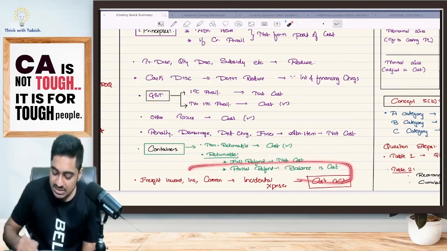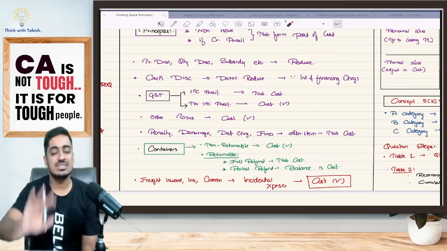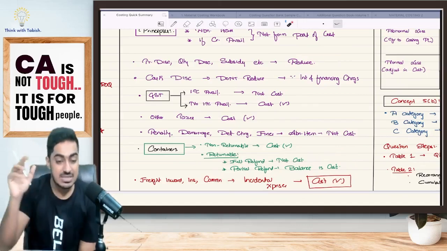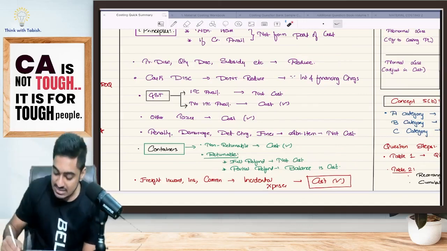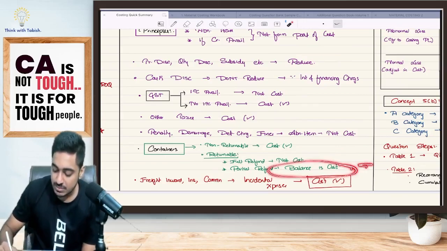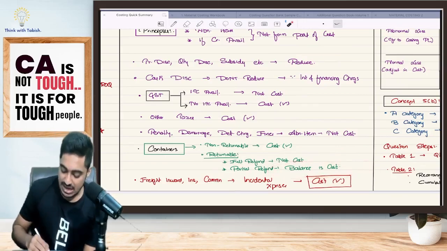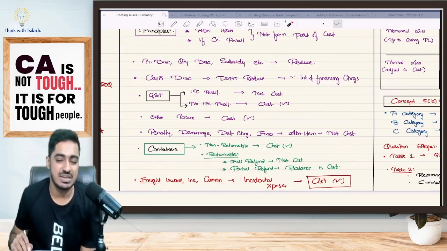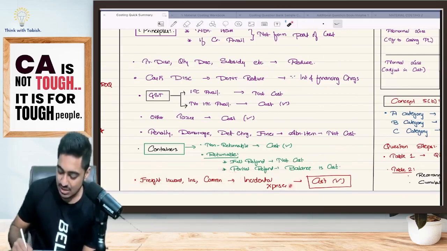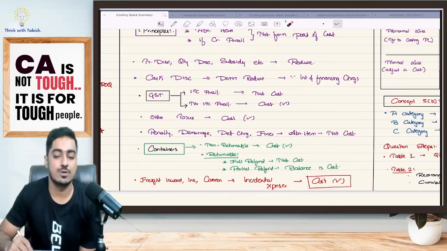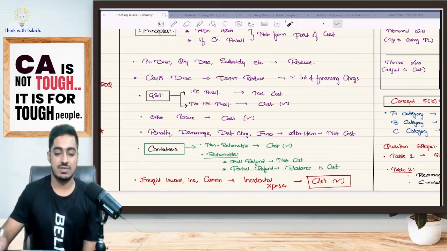Suppose I am only getting a partial refund. He is telling, now you are paying 10 rupees, 6 rupees I will give back to you. That means 6 rupees is not cost, but the balance amount which is not refunded will be my cost. Is this clear, everyone? And if I am incurring any incidental expenses, freight inward, insurance, commission, etc., all these are incidental expenses, so they will also form part of my cost. Is this clear, everyone?